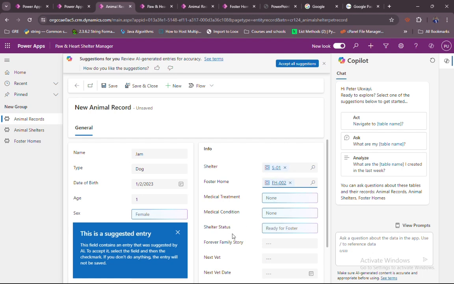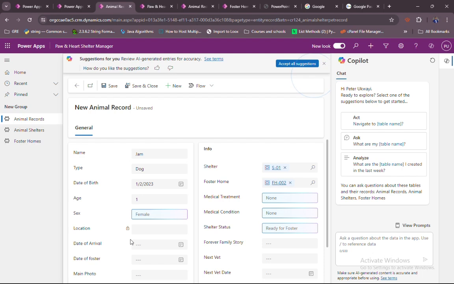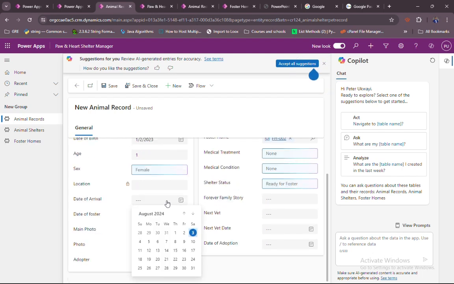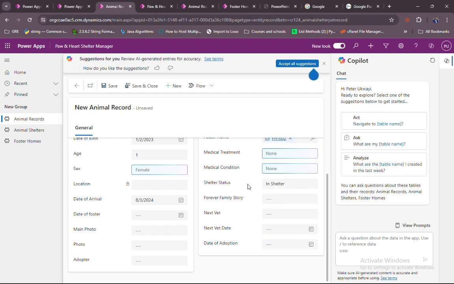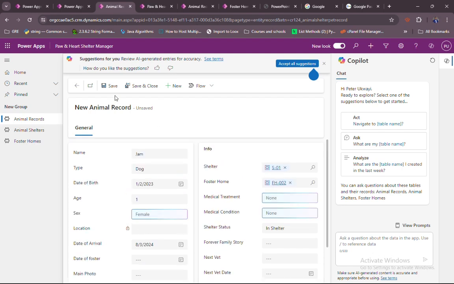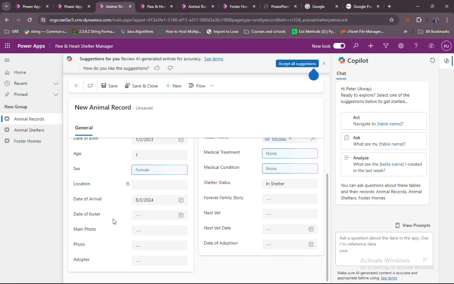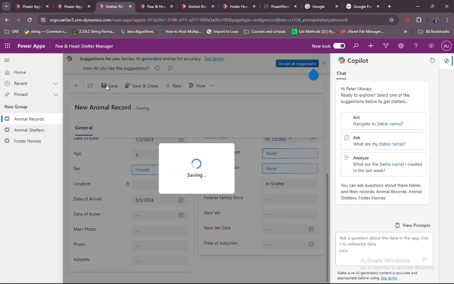Medical treatment, no, I'm gonna leave that. You're gonna create a quick record here. Date of arrival, let's pick today. It's not been fostered yet. Shelter status is just currently in shelter. And I think that's just about what we need. I'm just gonna save this. If I want to add a photo, I can add a photo link here where I can put the URL for the picture. Well, I'll just go ahead and save without that,